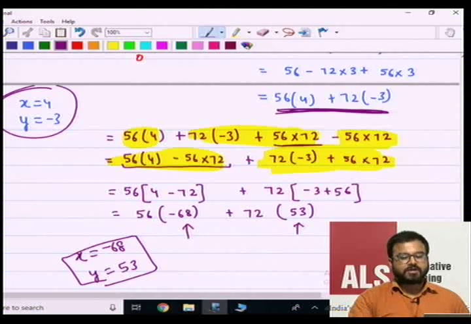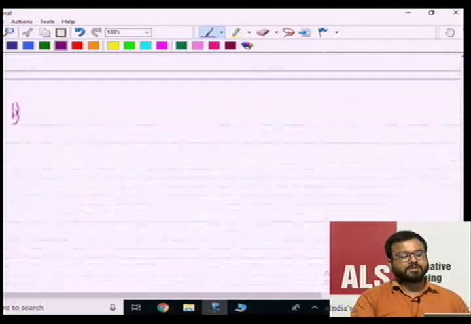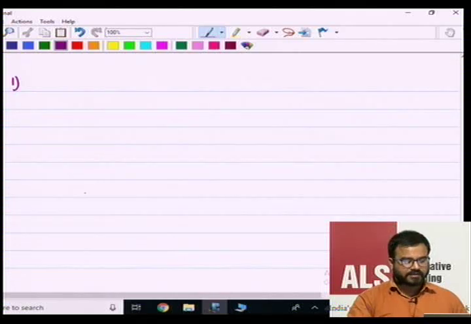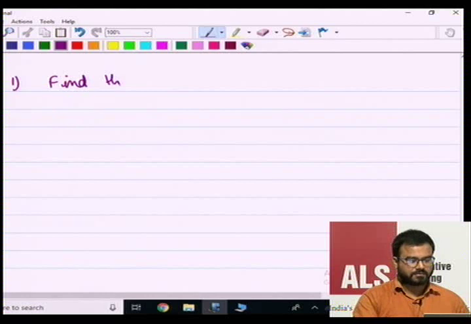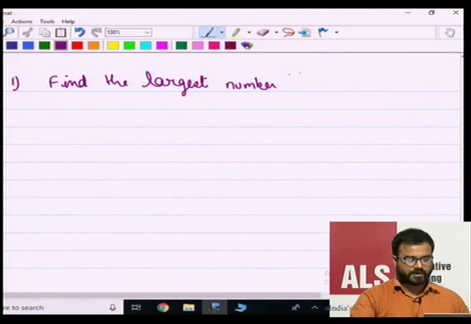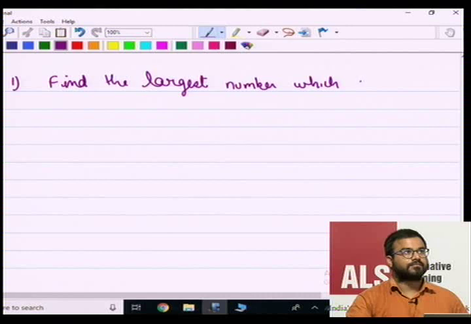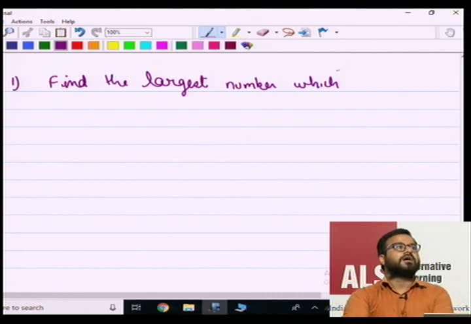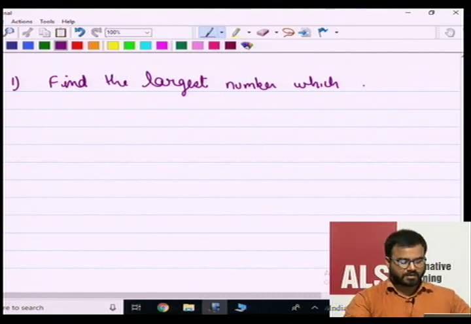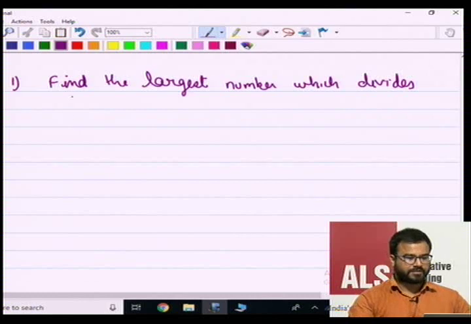Okay then. So now let us try some of the word problems on the HCF. The first type of word problem is, the question says, find the largest number which divides